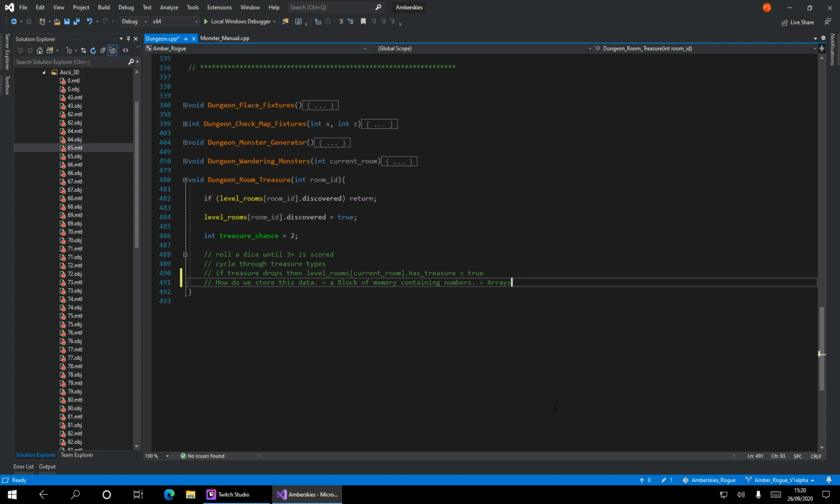So really, what I've got to talk about now is what is an array. An array is a block of memory. Simple as. Which you can access. So an array,